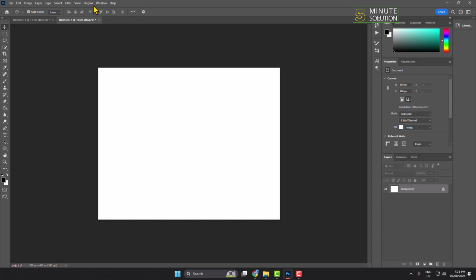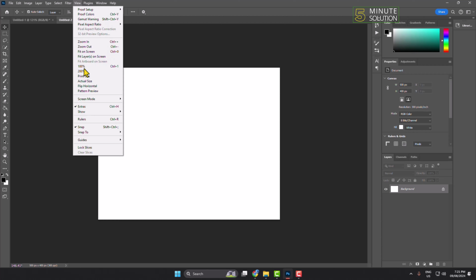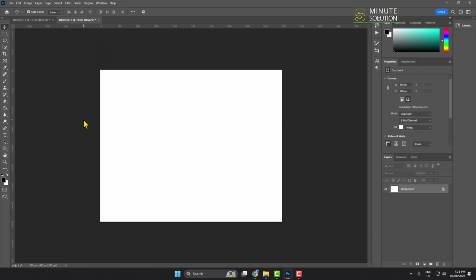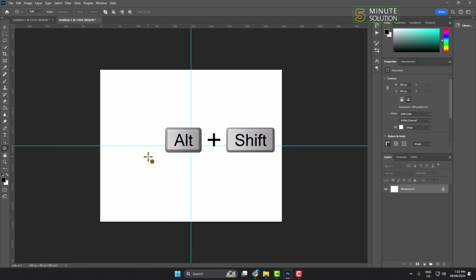First of all, click on View and here enable Rulers. And now let's add a horizontal ruler in the center and a vertical ruler in the center. And now just right click here and select the Ellipse tool and press Shift Alt and now just draw a circle